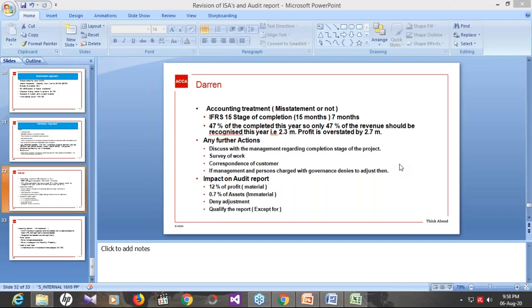Whereas other information, what is other information? According to ISA 720, yes, you need to revise this standard also. There may be a chance that this time the examiner may examine this standard, ISA 720 other information. What is other information? Integrated reporting, all the reports that are included in the annual report before the financial statements. It can include the chairman's report, directors' report, corporate social responsibility report, committees' report, and corporate governance report as well. All these reports are considered as other information.